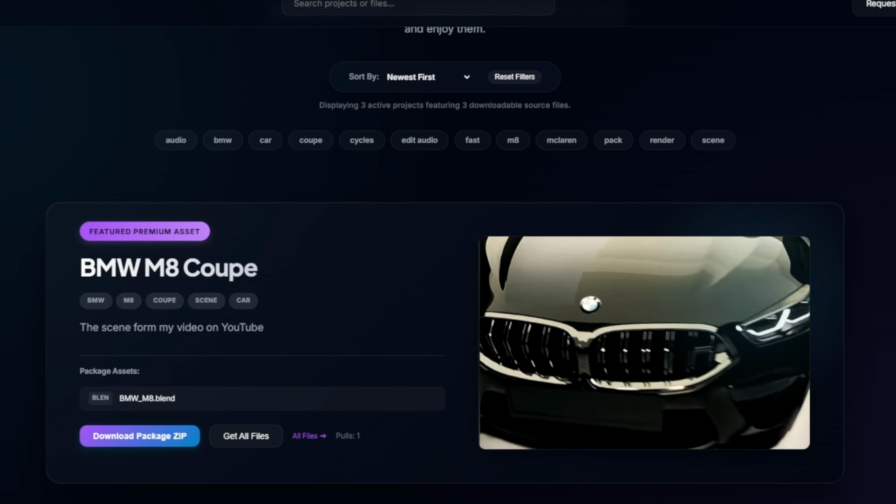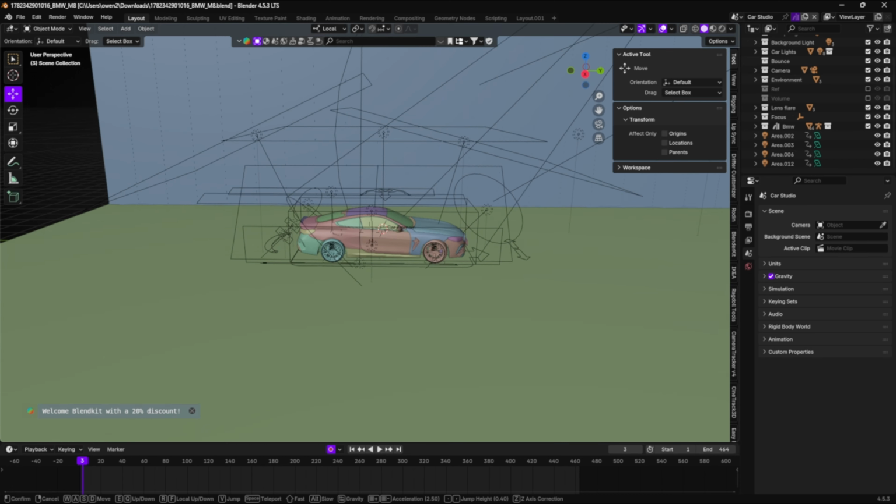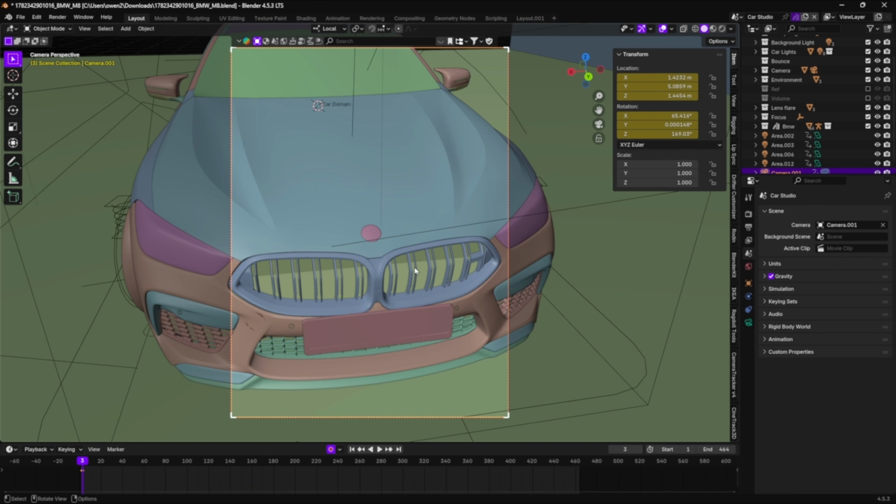First, I got this really good scene for my assets. You can download this scene too at this link. For this tutorial, I'm using Blender 4.5.3 LTS. So here I can see my car. I'm going to do a short little animation for the camera to show you how bad it looks and not